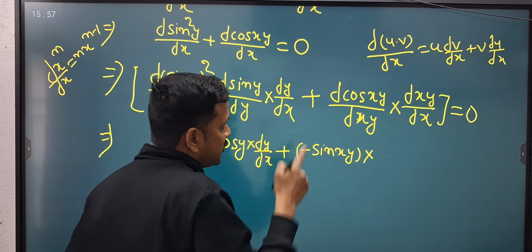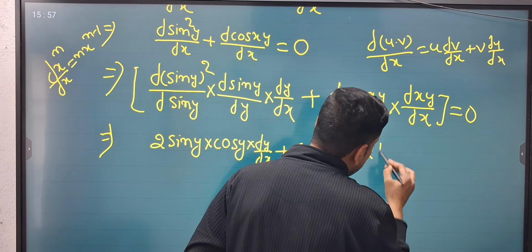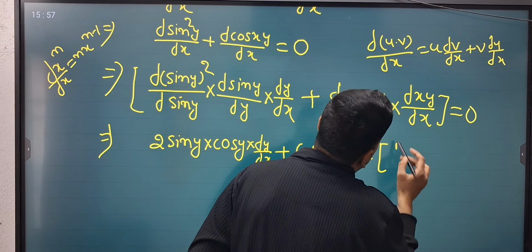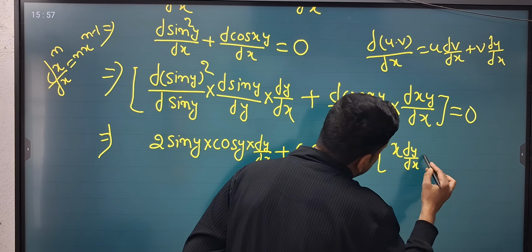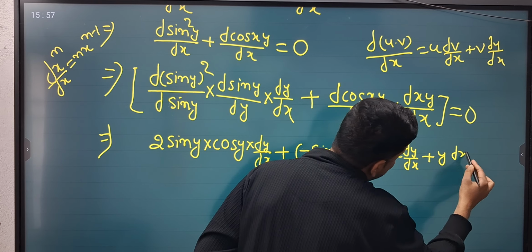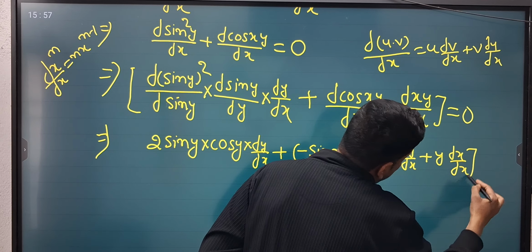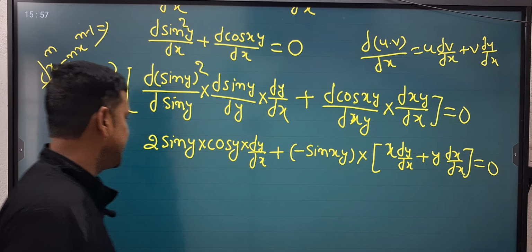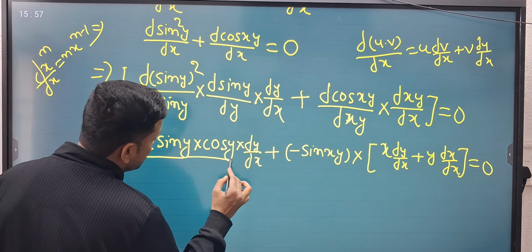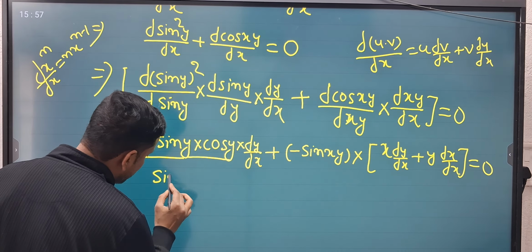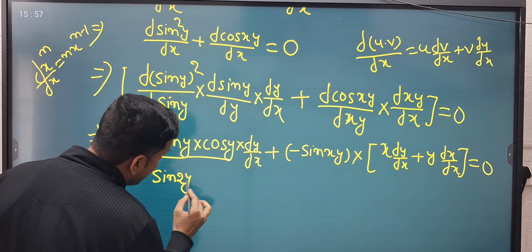So we have to use this formula here. Here u is x, so x dy by dx plus y dx by dx equals 0, you have to write. And the next term: 2 sin a cos a equals sin 2a. So here you have to write sin 2y